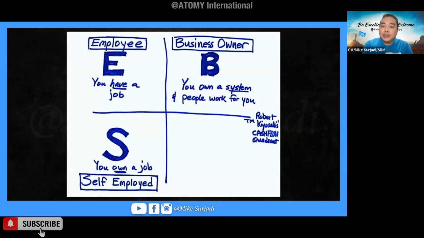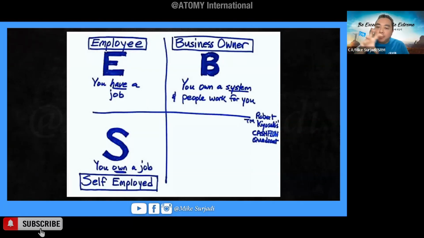Usually a business has to have a size of 500 people. If you own a business, but you only employ 10 or 15 or 20, these are not categorized as business owner. For a business owner, you must have a business that employs at least 500 people, like Amazon, Walmart, which employ hundreds of thousands. Those are systems that run the business for the owner. So the owner can be anywhere in the world. They can be in Dubai, they can be in the Caribbean, sipping piña colada while still making money.